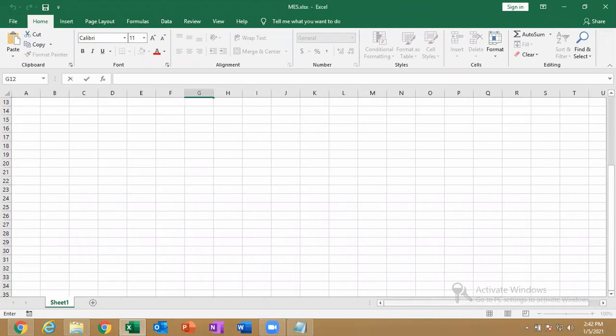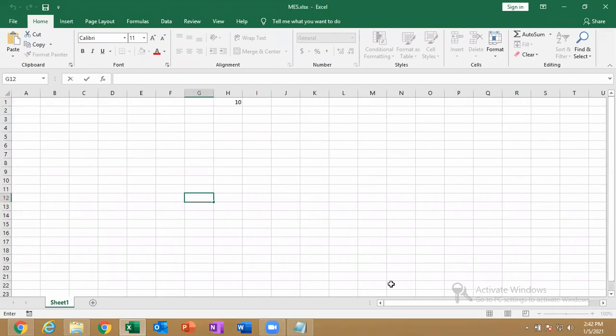So these are the panes, horizontal and vertical. The vertical pane is to move up and down. This is a horizontal pane to move right and left, to move the columns. See column A, B to move the columns, and this is to move the rows. And finally, the last thing. This is nothing but called the status bar of your Excel.